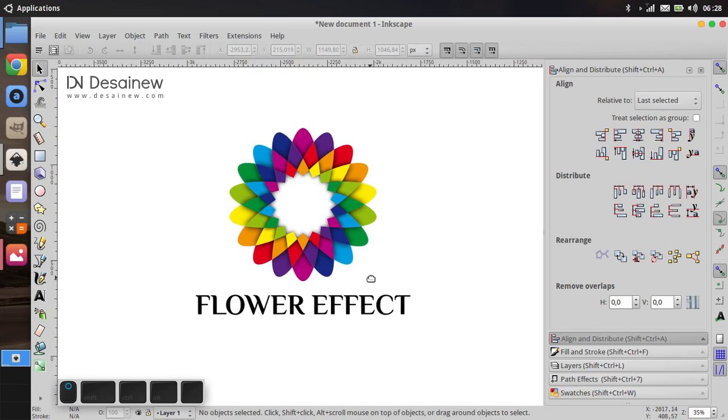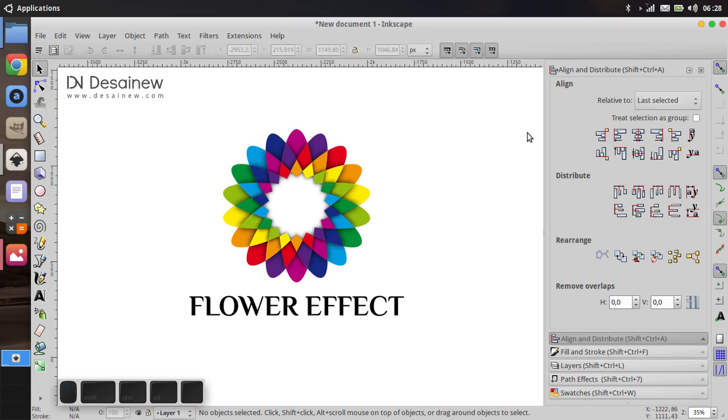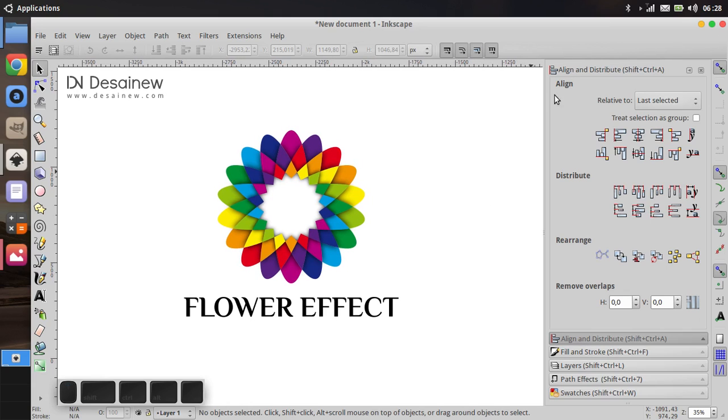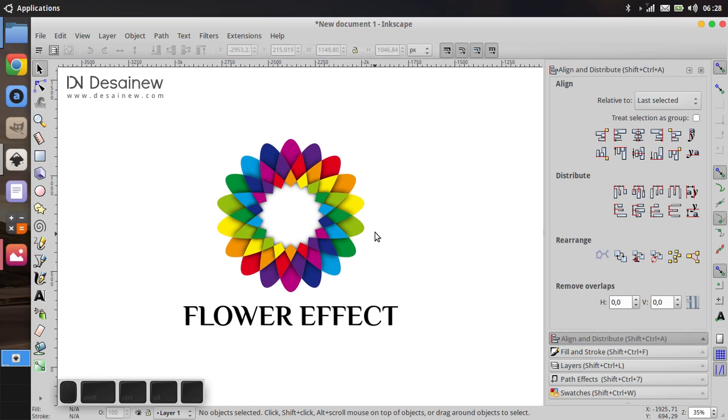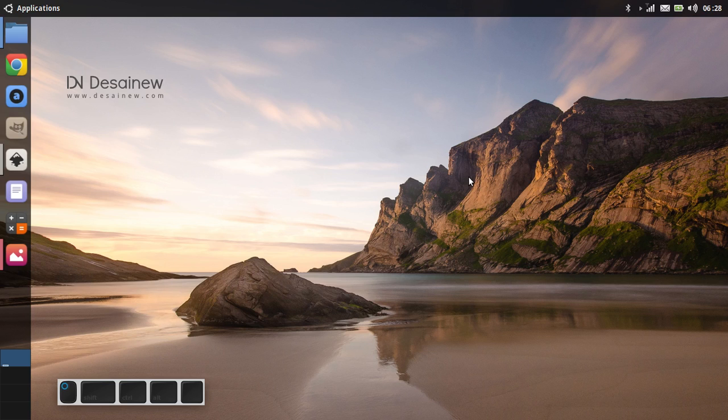It's easy and simple. You can create a flower effect in Inkscape with a simple trick in my video tutorial.